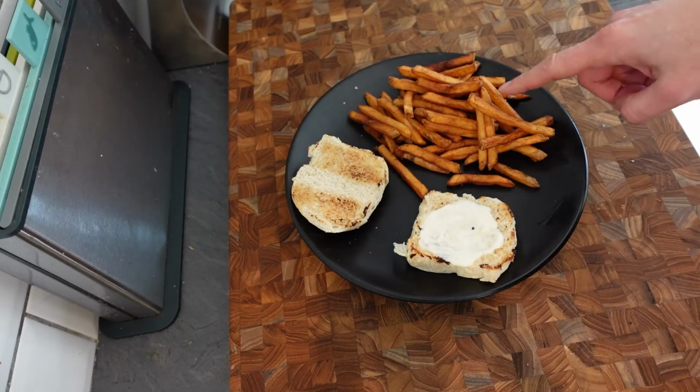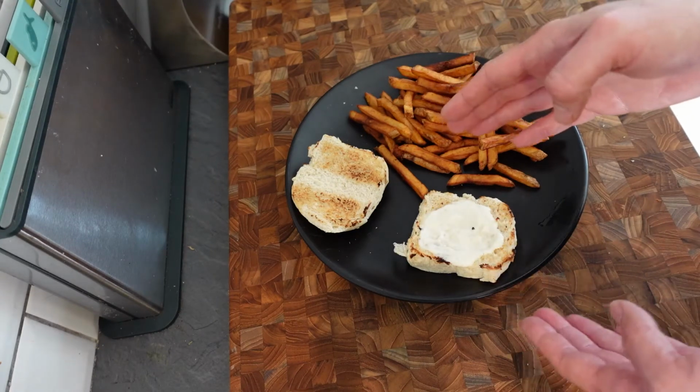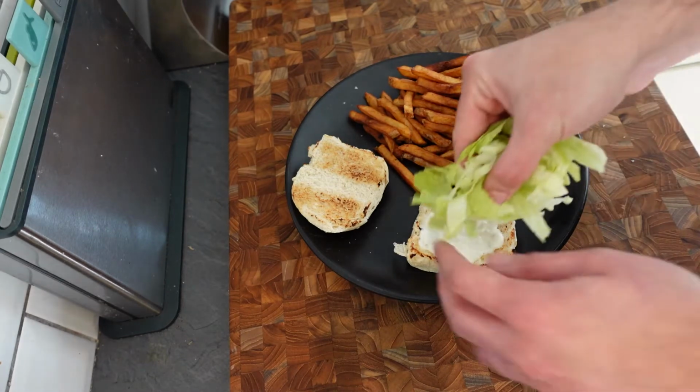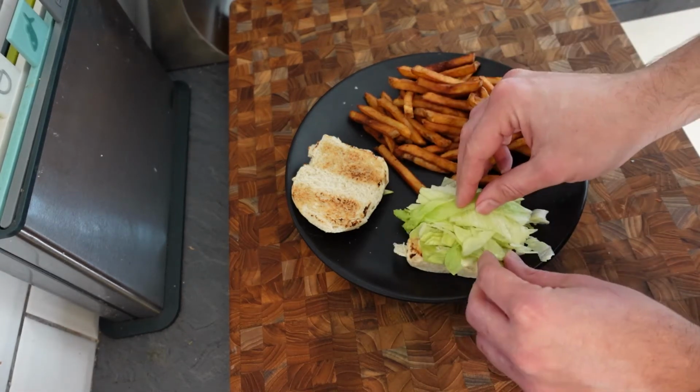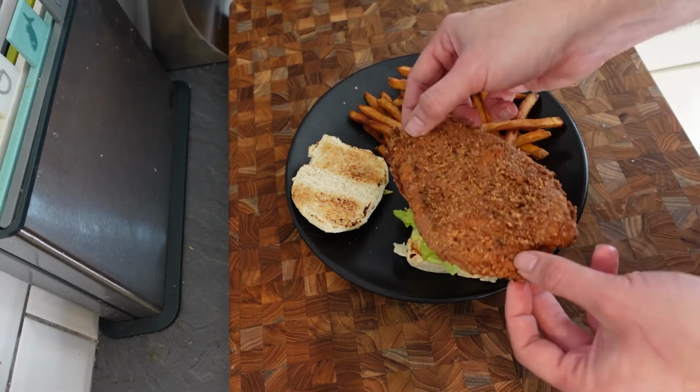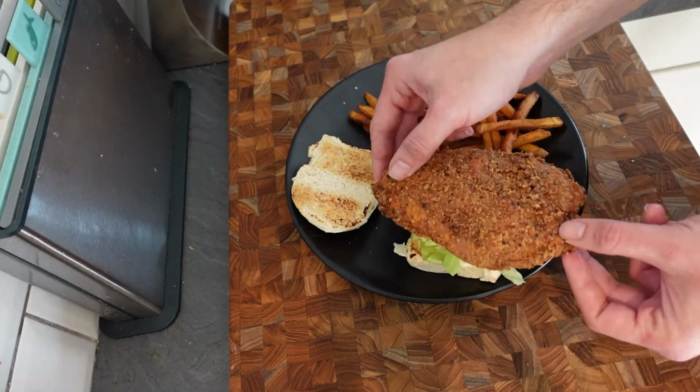I can't wait. Got my french fries on my plate. I've started constructing my burger. I've got my bun toasted. I've got some of my vegan mayo on. I'm going to pop on some sliced up iceberg lettuce. Then I'm going to lay on top my burger, which is way too big for my bun, but all I